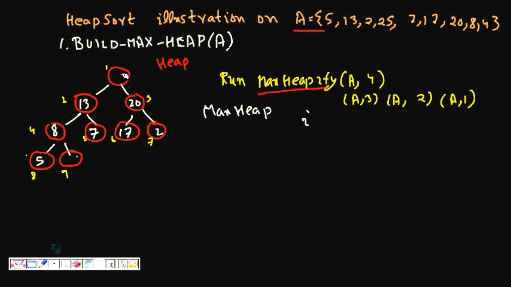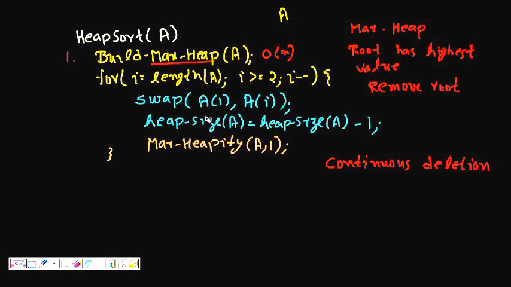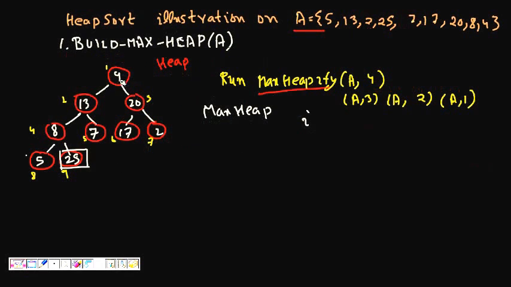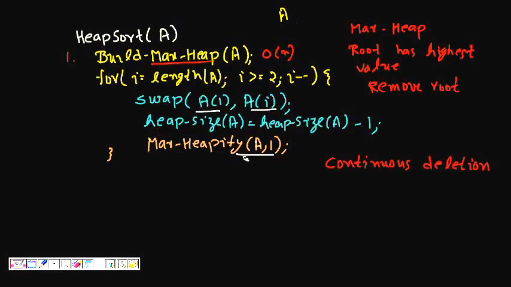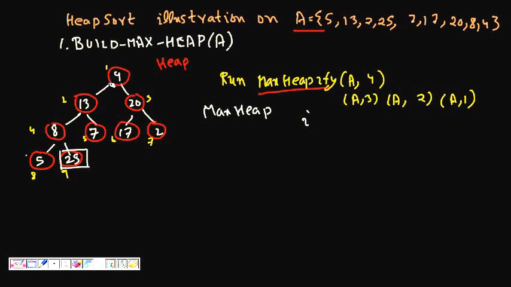and we have 4 comes here, 25 comes here, and this 25 is now not part of the heap. We decrement the heap size also here. If you see, we swap A[1] with A[i], the heap size is decremented, and we do max-heapify for A[1], because we are now putting 4, that is the last element, on the top. So now the max heap property will not necessarily be satisfied, so we have to again call max-heapify for node 1. So that's what we do, max-heapify(A, 1) we call, and we see.